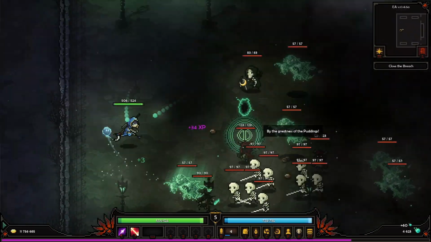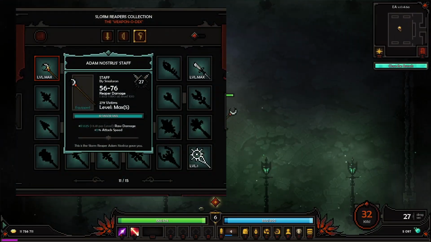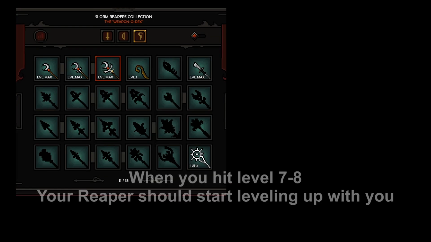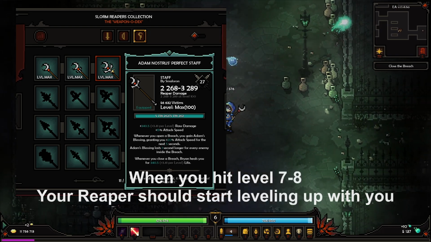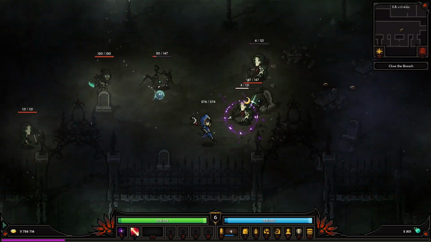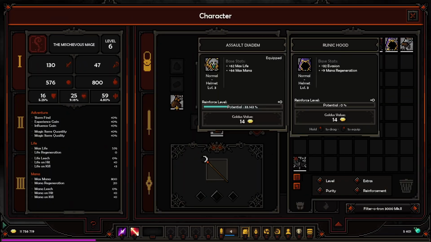The start of Reaper that we are using in this video is going to be plenty fine for leveling up your character through level 1 to level 60 with ease, just because it levels up with you, and when it levels up it gains a flat amount of Reaper damage, which can scale to a significant amount later on. Another thing the Atom Staff provides is a bit of attack speed, and attack speed in this game is very